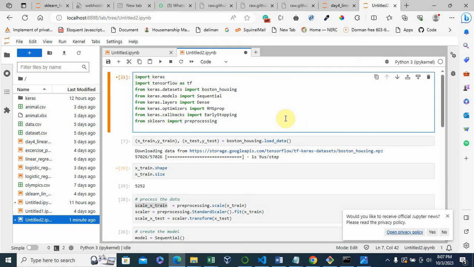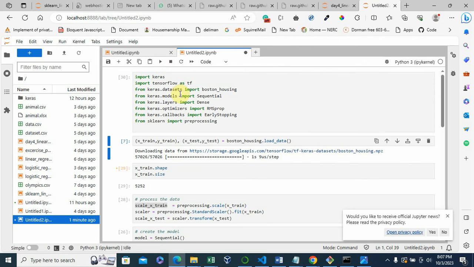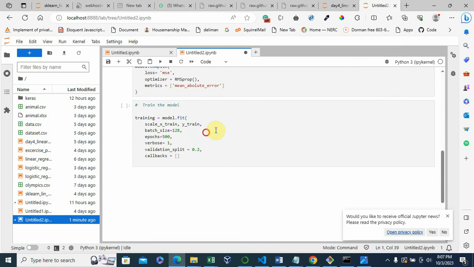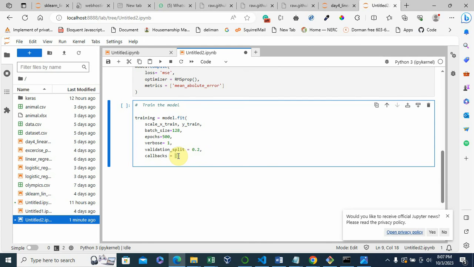All right, and that's what I'm going to use now. Let's ensure that we run that so that it goes into the kernel's memory, and then here we're going to use it to stop things early. So here we say early stopping. So we get that out.